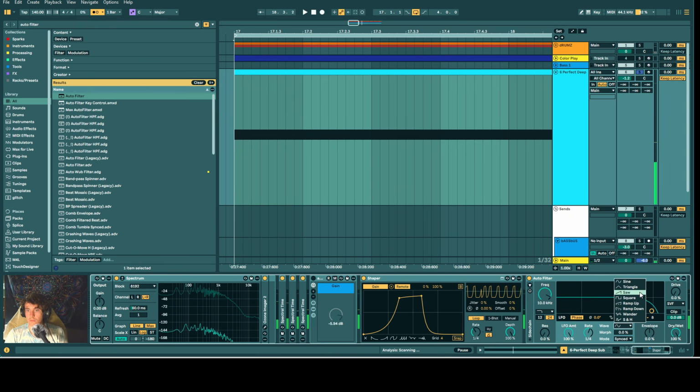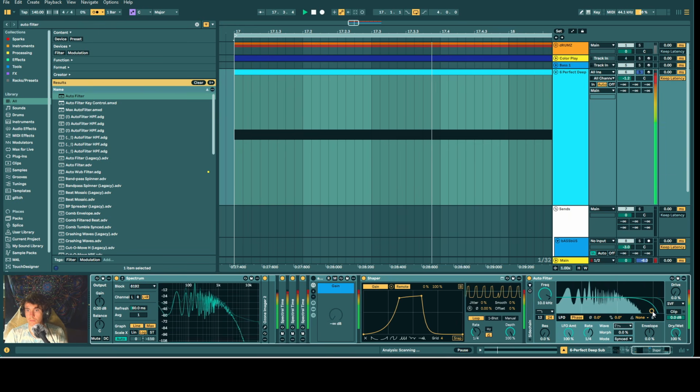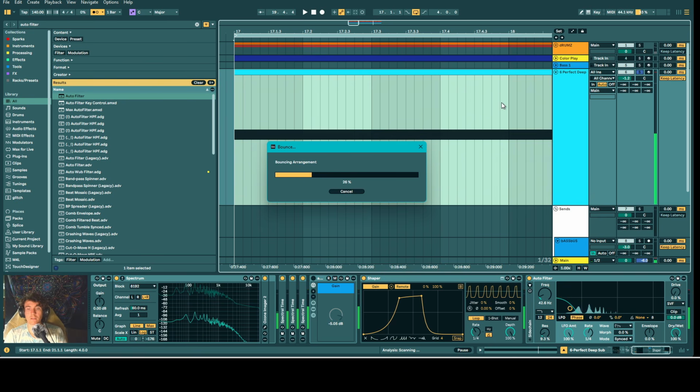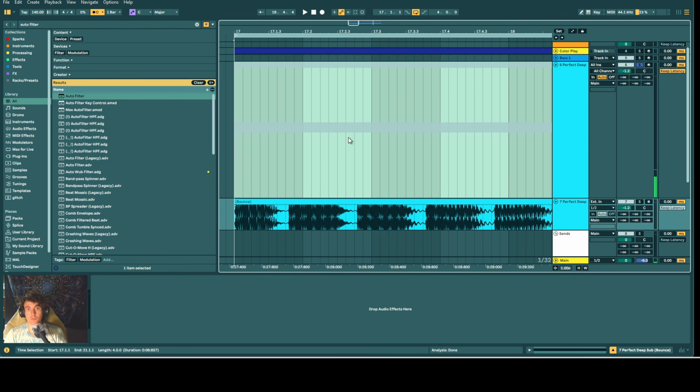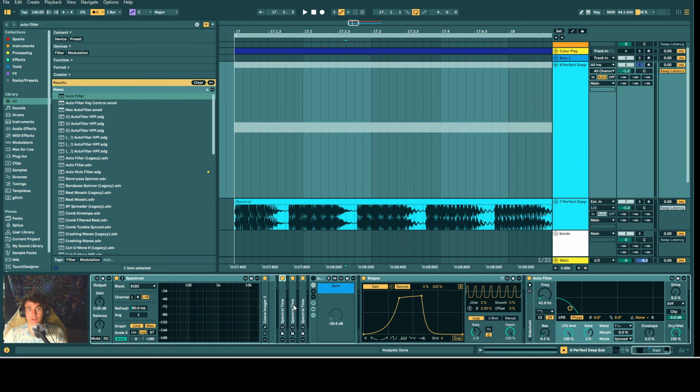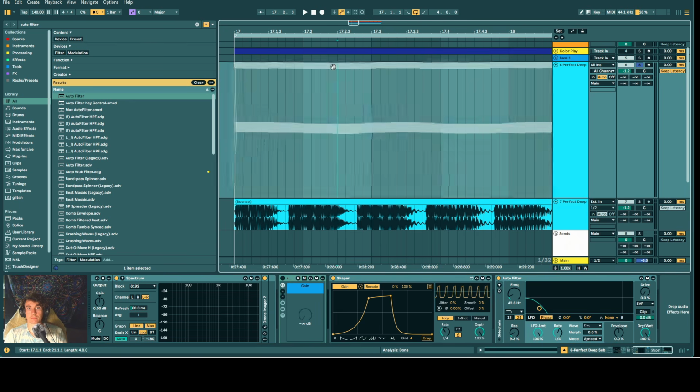Where's that saw ramp down? You can hear it's off if I flatten that. You can see it's been bounced forwards because of the latency that we're introducing here. So if I delete that,